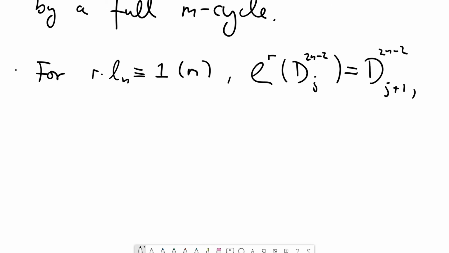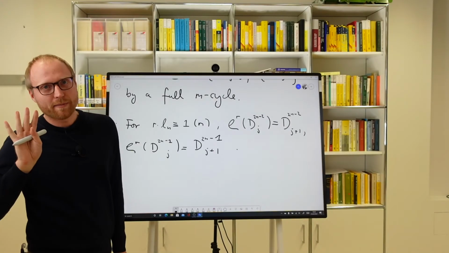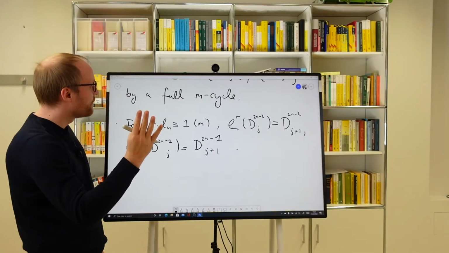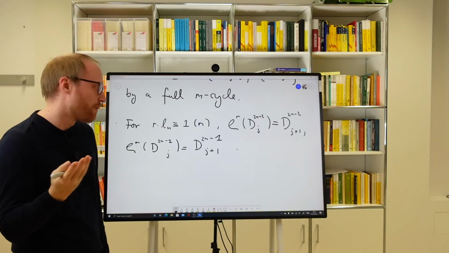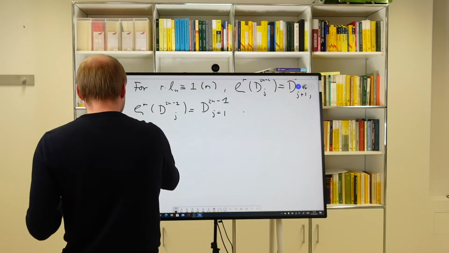Yeah? So rho to the r of d. These were the boundary disks. I put here a 2, so now it's also true for the big disk: rho to the r of D^{2n-1}_j is equal to D^{2n-1}_{j+1}. And it's now more convenient to have this transformation map one disk to the neighboring one, because then we can now understand what the quotient is, just by using this identification. Namely, we now see that